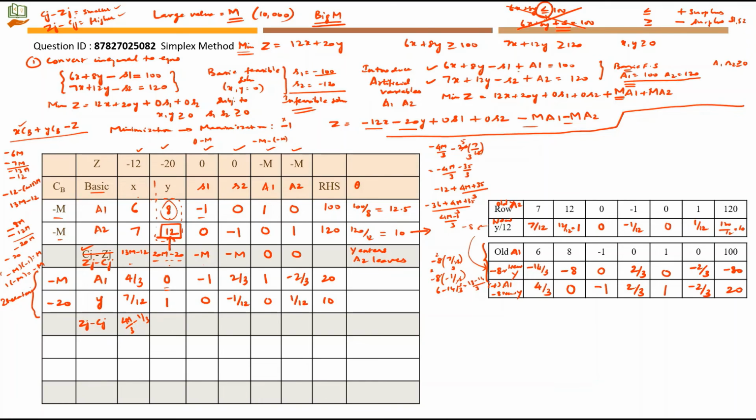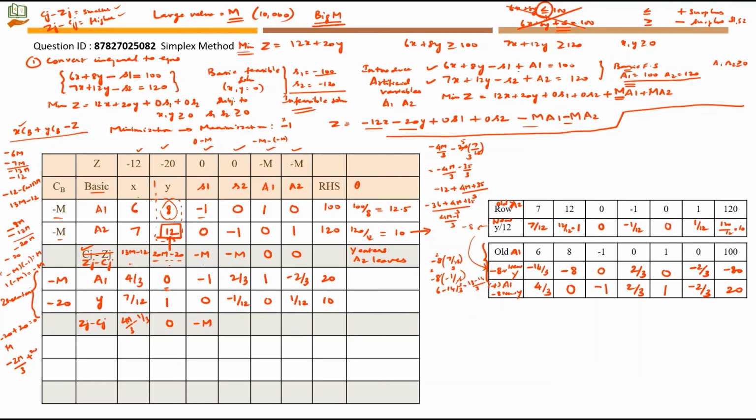0 into minus m is being given, so it is 0. Then 1 into minus 20 is minus 20. Then we have minus 20 here in z. So z minus of minus 20 will give plus 20, which is equal to 0 here. Minus 1 into minus m is m. Then we have 0 here. Then we have 0 here. This will ultimately give minus m. Then we have 0 again. So whatever value you get, you have to put it in negation only. So it is minus 2m by 3